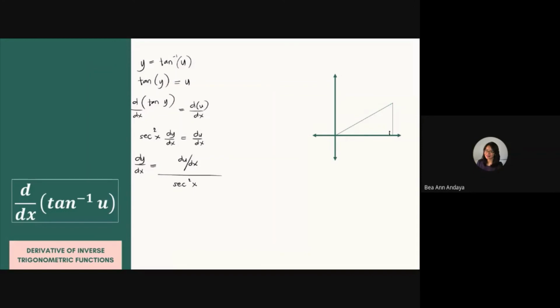That if we have this right angle and this is the y, wherein tangent y is equal to u. Ano ulit ang tangent natin? That's opposite or the ratio of the opposite side to the adjacent side to the angle. So, ang opposite natin dito ay u at ang ating adjacent side ay 1 because basically this is u divided by 1. So, if we are going to solve for the unknown side here, which is the hypotenuse, we can just write this as the